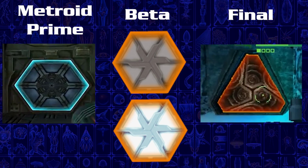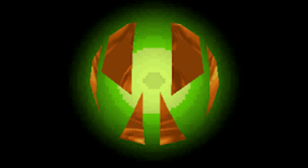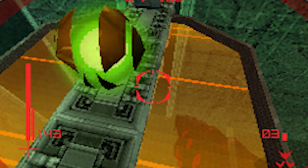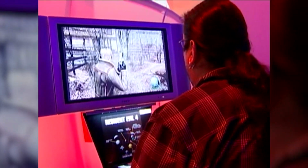The demo for the game also had doors that much more resembled the ones found in Metroid Prime. And for good measure, there's even an object for obtaining the bomb, which goes unused as Samus starts out with it from the get-go. As development ran, soon came E3 2004, an E3 that was considered a massive hit for